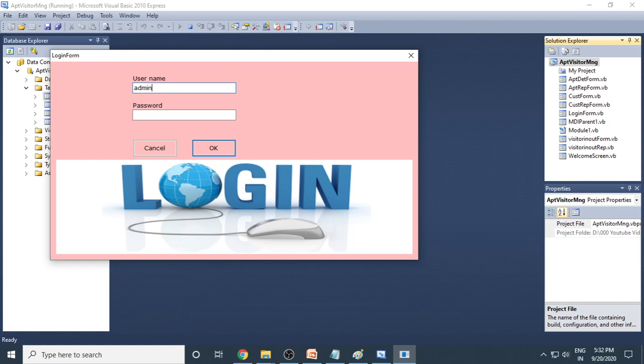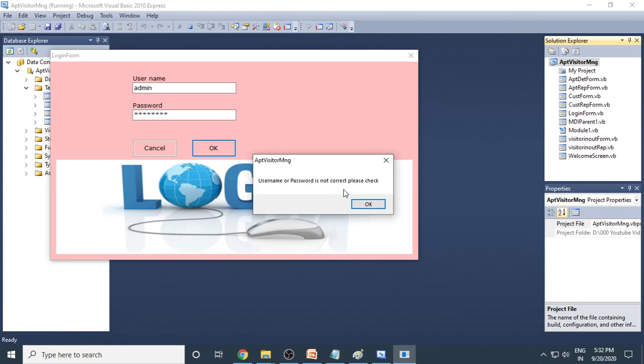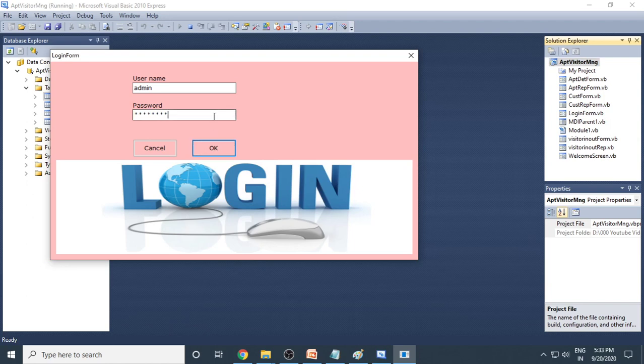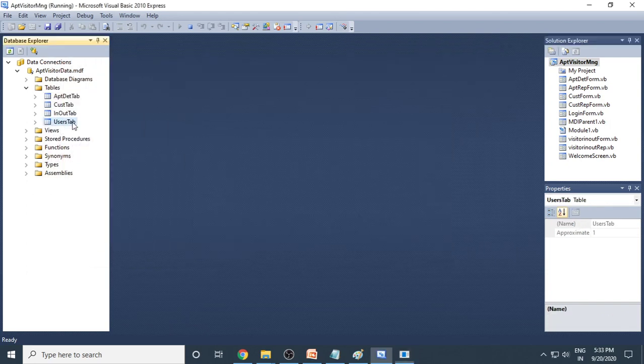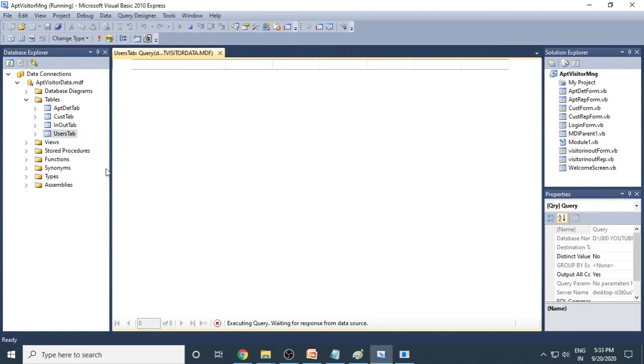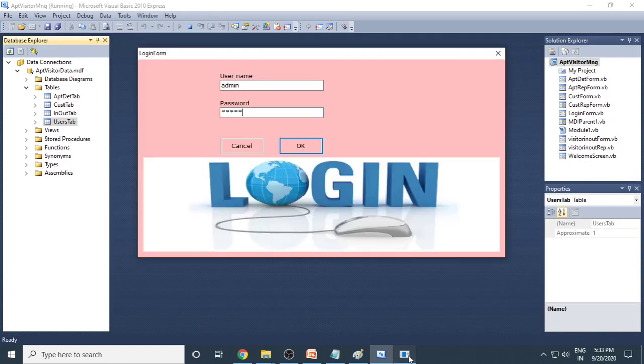So now to log in, let me type admin, then admin. If you give the wrong password, it will tell you that user ID password not correct. So how do we do this? This will cross verify with the table, what data is there in the table. If both the data are matching, we check this data in the user table. If we go to user table, show table data, there should be admin and admin. So other than admin, it will not take.